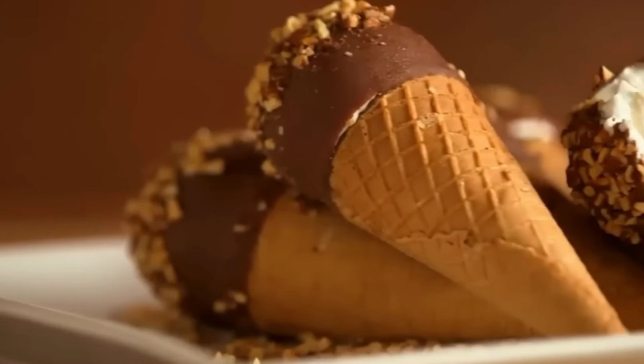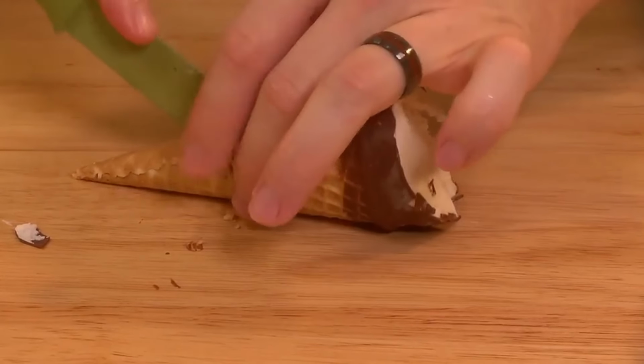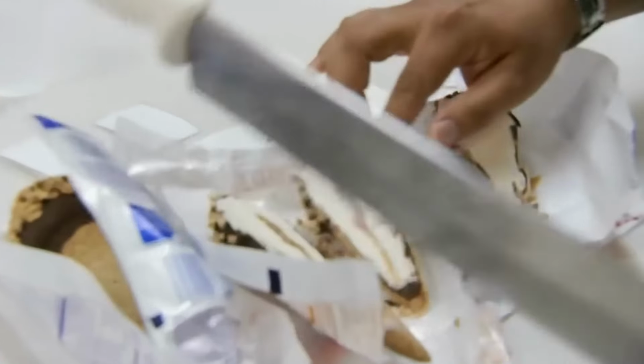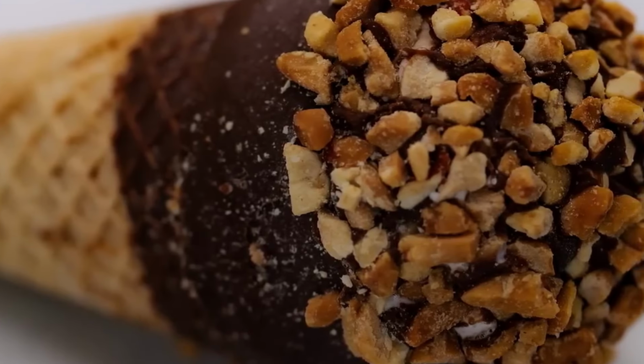From classic vanilla to decadent caramel, there's a drumstick for everyone. But here's a surprising twist. Legally, a drumstick isn't ice cream at all. Despite its creamy texture and iconic look, complete with a crunchy chocolate shell and peanut topping, it's classified as a